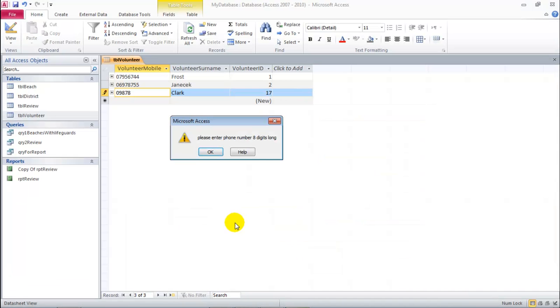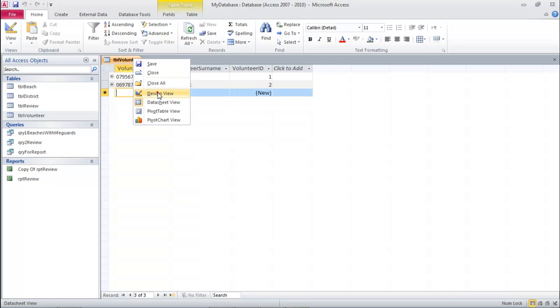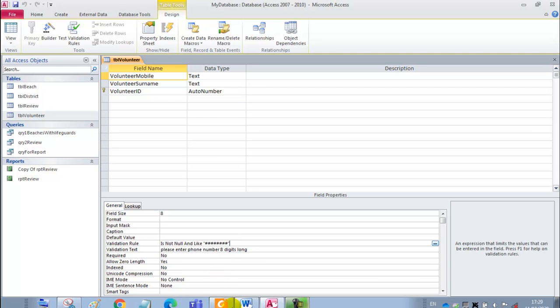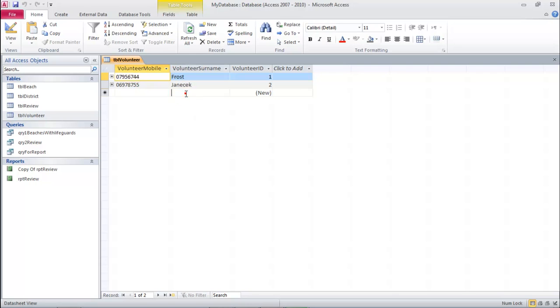Okay, now we move on from that one. We say okay, and we press the escape key to get out of here. Go back to the design view, and it says we've tested for both these, for is not null and like that. Now we can test by putting non-digit characters, so putting, for instance, letters, and see in the phone number and see what happens. So let's go back to the datasheet view and we enter again Clark, and here we